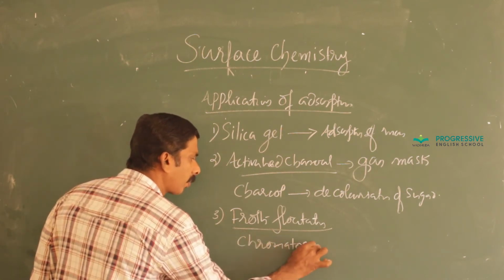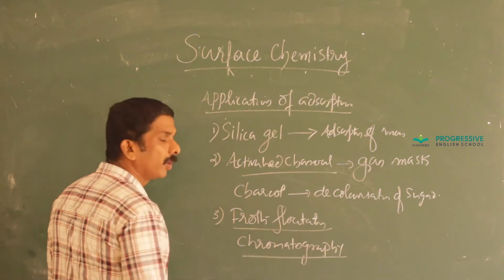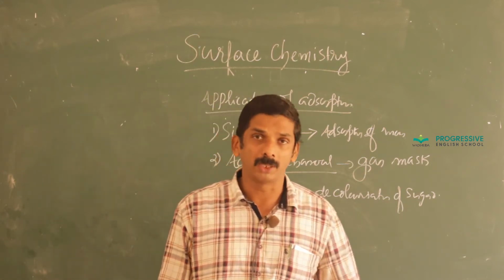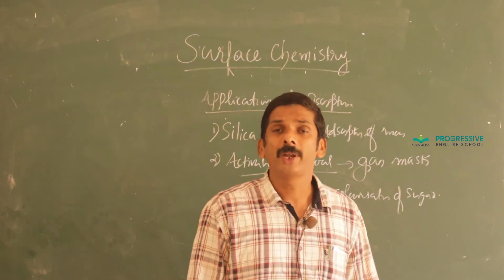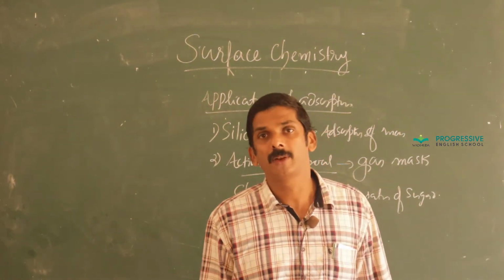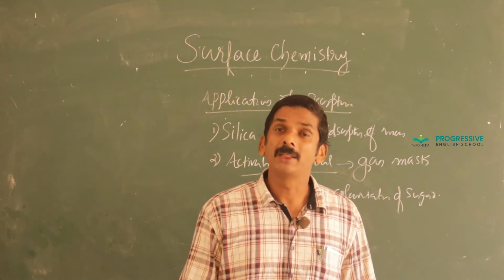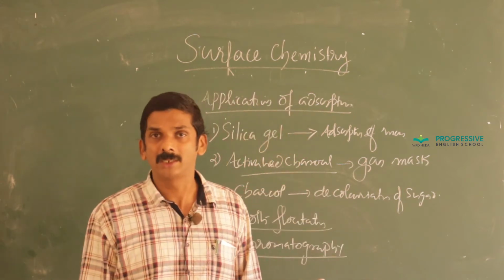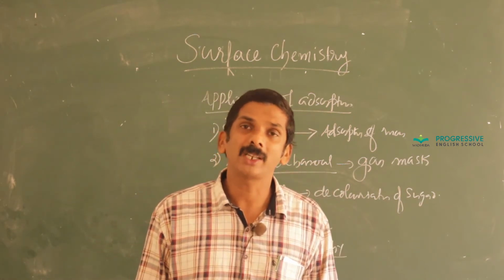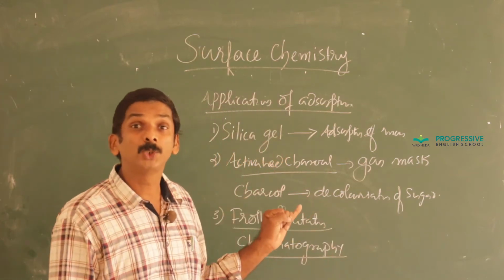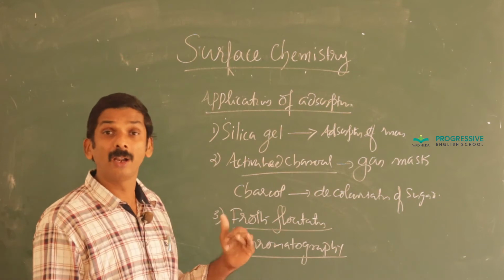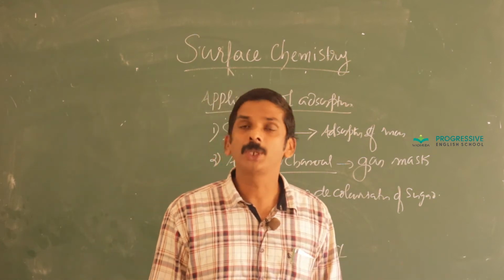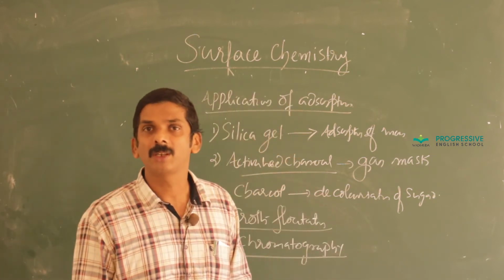Chromatography. Last year we studied the different types of organic purification methods. Organic solids are purified mainly by crystallization and sublimation, and there are a variety of methods for the purification of organic liquids such as simple distillation, fractional distillation, distillation under reduced pressure, differential extraction, steam distillation, as well as chromatography, mainly used for the separation of colored compounds. There you studied that chromatography is of two types: adsorption chromatography and partition chromatography.